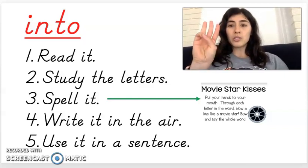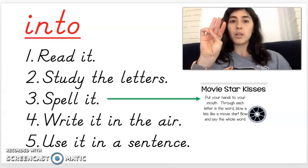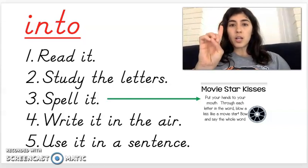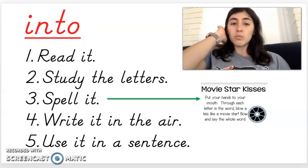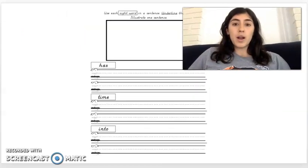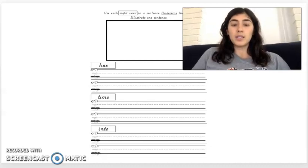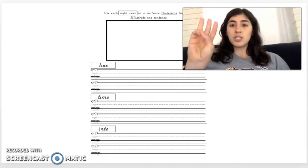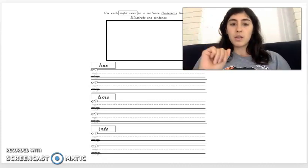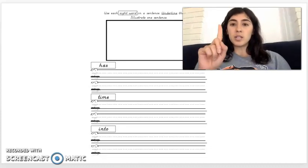So those are the last 3 sight words that we are going to learn and be talking about in kindergarten. And then next year in first grade, you'll learn some new sight words. So now you are going to practice your sight words. You are going to write 3 sentences, and each sentence is going to have one of the sight words that we talked about today. After you write your sentences, then you're going to pick one sentence that you want to